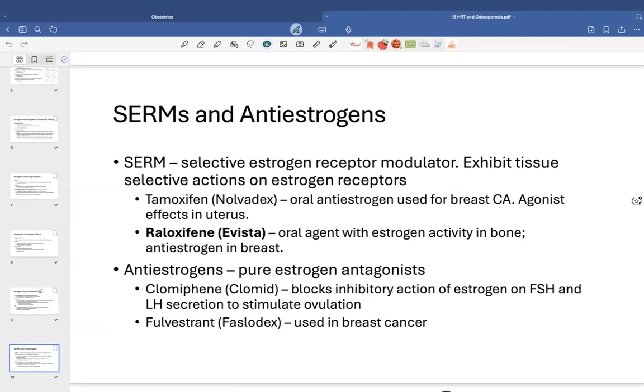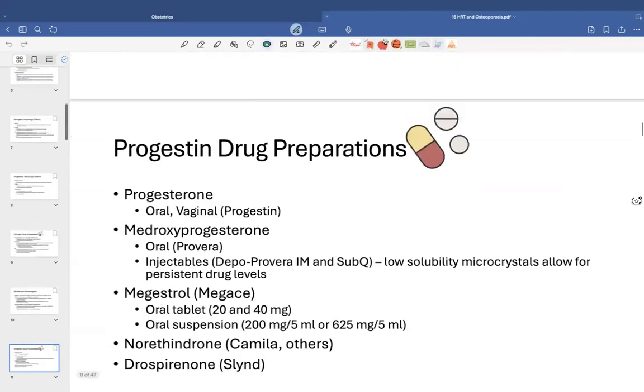Women who need that. We very briefly last semester discussed fulvestrant, which is an anti-estrogen used for breast cancer. So those are your estrogen formulations and anti-estrogen formulations. Again, for the progestins,